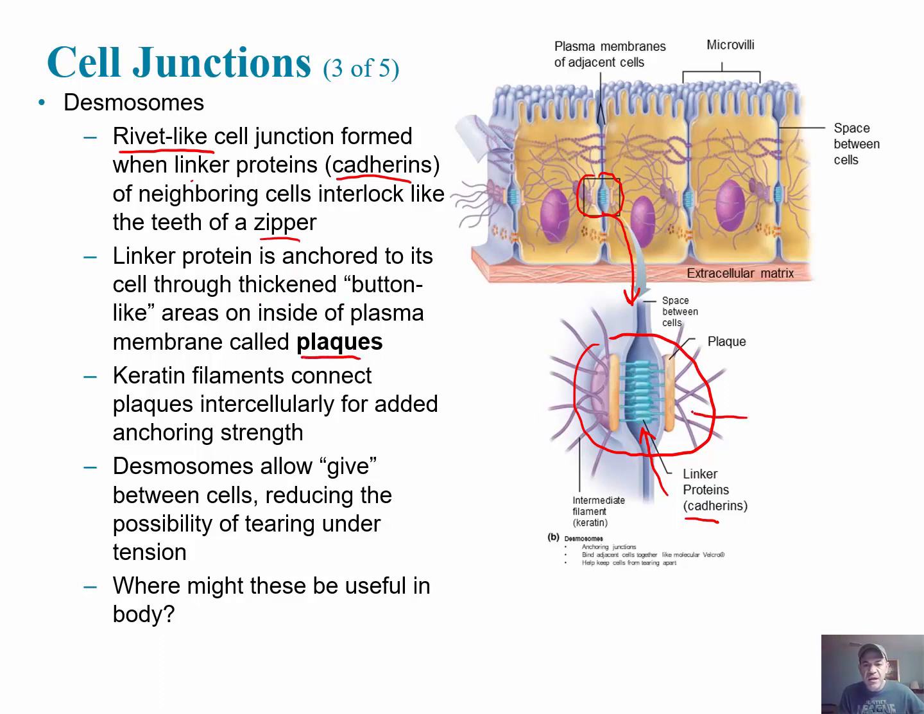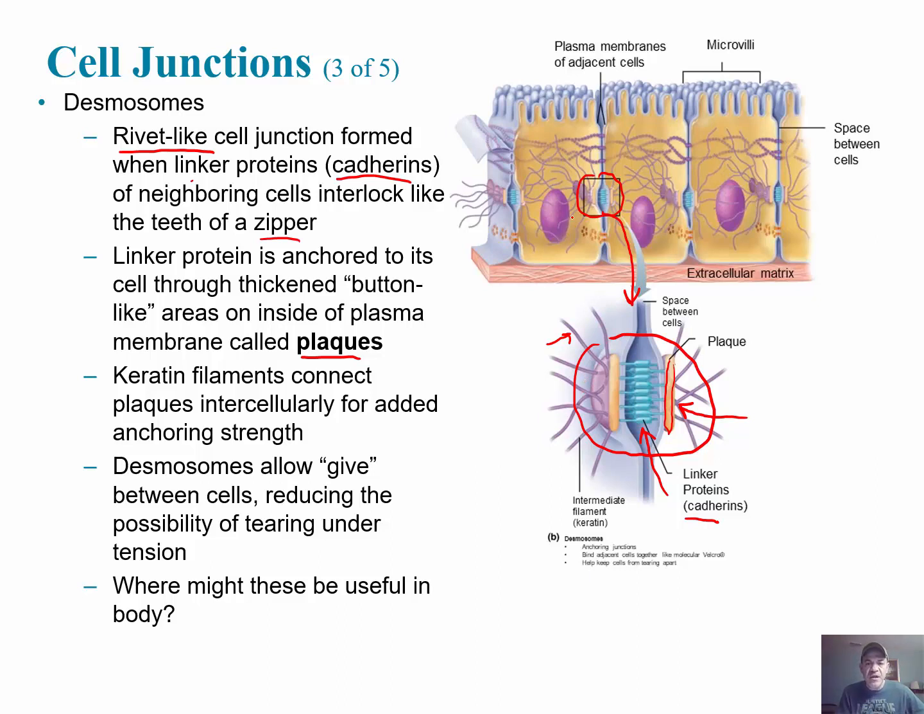So you can see there's a plaque right there, this yellow structure right here. And then there's going to be keratin filaments that connect the plaques intracellularly for added anchoring. So these keratin proteins are part of the intermediate filaments of the cytoskeleton. So you're literally attached to the skeleton of the cell, and that forms a stronger but flexible